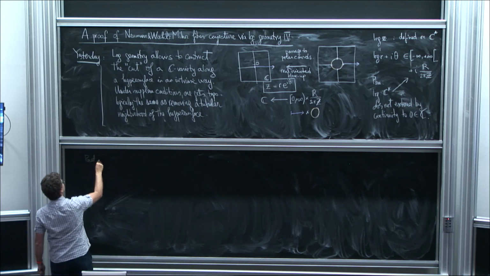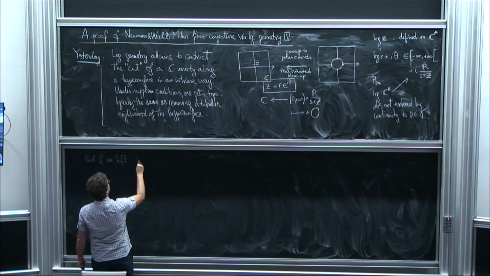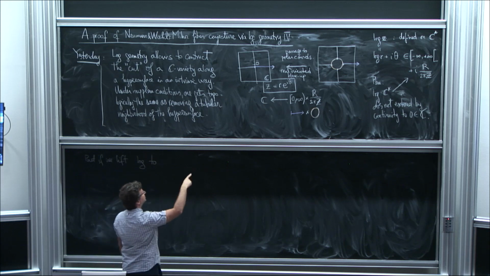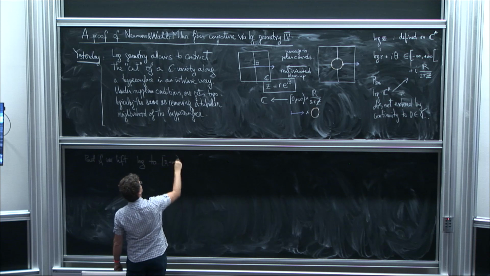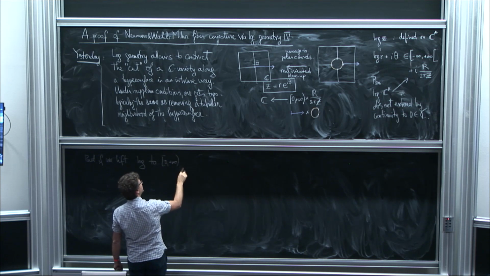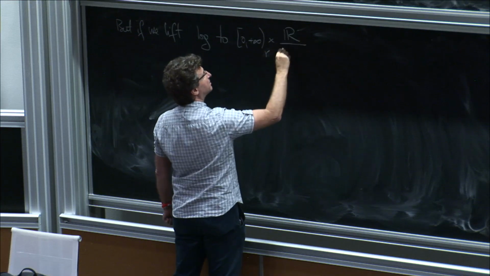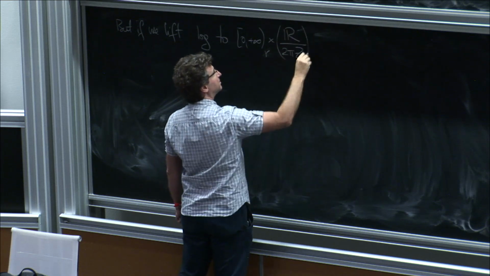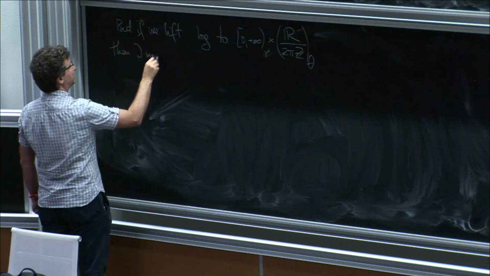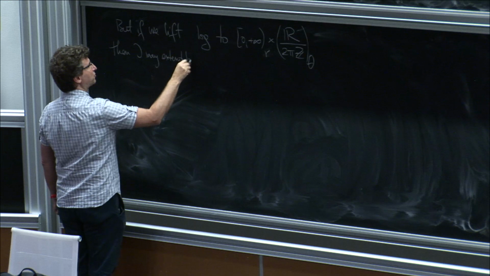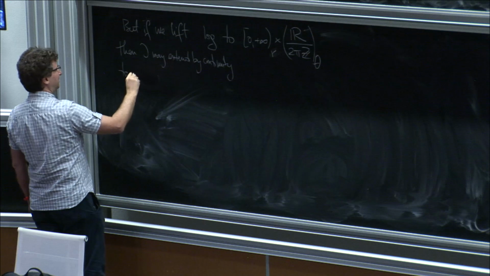But if we lift log to the real oriented blow-up, here I put as an index the name of the variable I use there. Then I may extend by continuity to the boundary